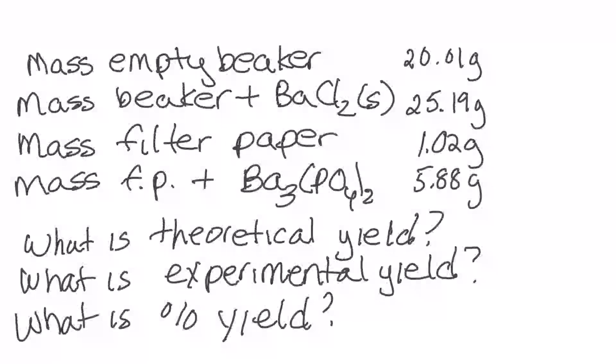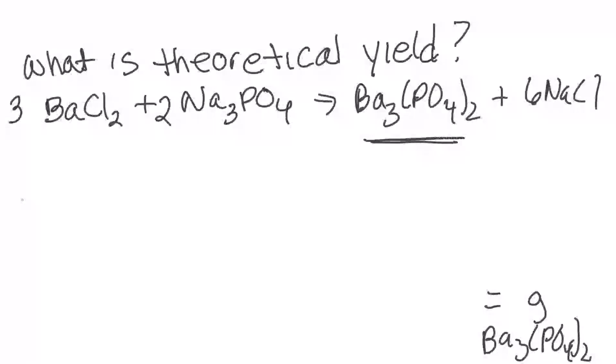So what was the starting material? Well, the starting material was the barium chloride. So here I have two values, and I could subtract the two, and I would get 5.18 grams. So that's how much barium chloride I started with. Well, if I started with that much barium chloride, how much barium phosphate should I have made? So that's my starting point, 5.18 grams of barium chloride. I'm going to put that over the number 1, and then I solved this just like the many problems you've been solving in your problem book using unit analysis, the periodic table, and your balanced equation. So I take this,